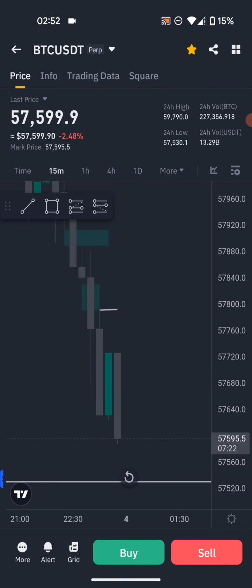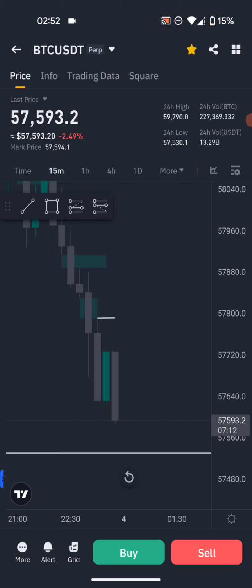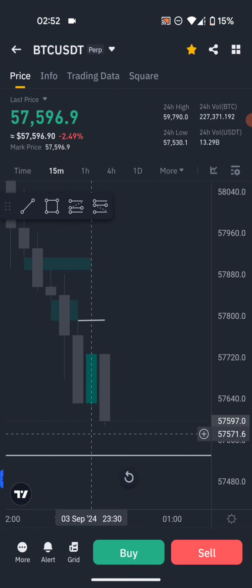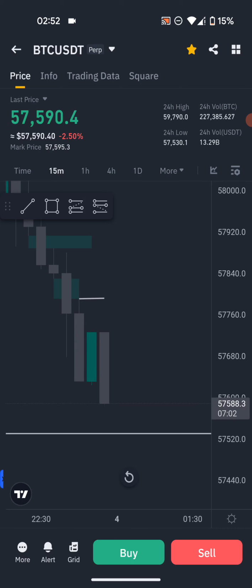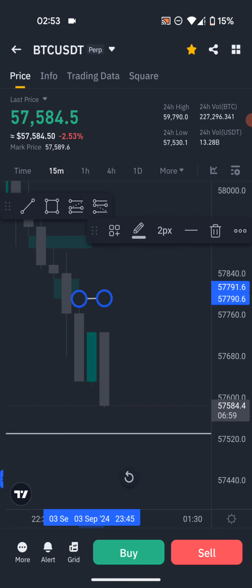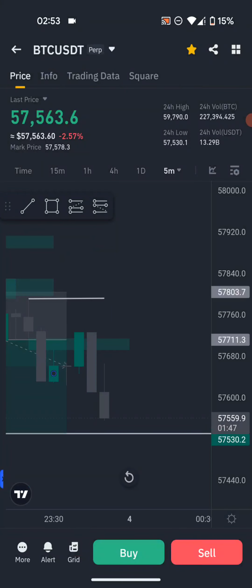Also, if we go to our 15-minute, we can see we still have nothing. So yeah, our 5-minute is our prominent entry, and we can see we have an order block right here, which right now is kind of useless. Hence, if we create another fair value gap, that means this has fallen through, hence it will be taken into consideration. So let's wait and see how price plays out. Let's go to 5 minute and